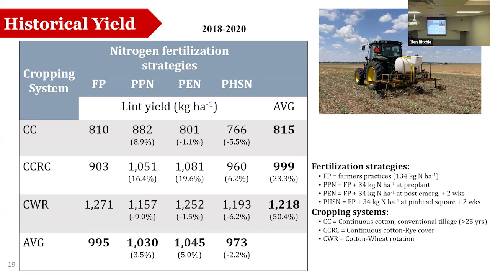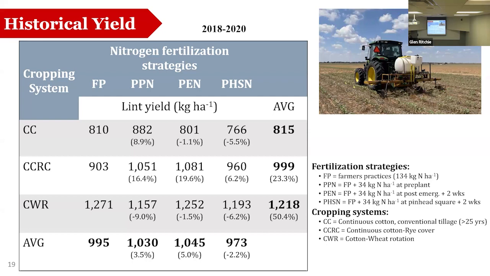But we also see that within the fertility strategies, adding that extra nitrogen is going to have a big benefit. So specifically in the rye system, where we're having that cover crop, that's going to contribute to immobilization a lot. So from the farmer standard practice, with the addition of an extra 34 kilograms of nitrogen before planting to help with that cover crop decomposition, we're seeing lint yield increases of almost 20%, which is going to be very significant